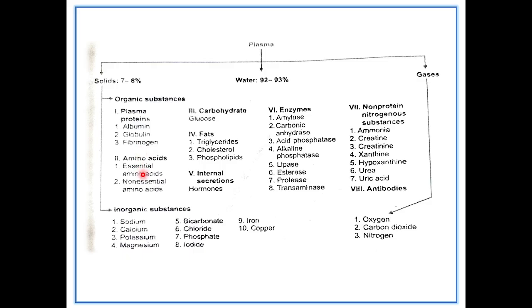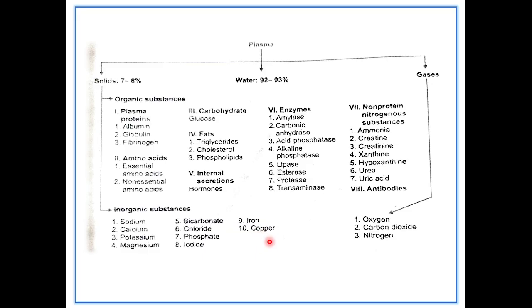Amino acids consist of essential and non-essential amino acids. Carbohydrate, that is glucose. Fats are triglycerides, cholesterol, phospholipids. Internal secretions are hormones. Plasma also contains different types of enzymes and the non-protein nitrogenous substances, for example, ammonia, creatinine, xanthine, hypoxanthine, urea, uric acid. It also contains antibodies. Now, the plasma also contains inorganic substances like sodium, calcium, potassium, magnesium, bicarbonate, chloride ion, phosphate,